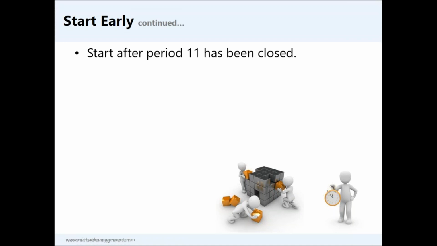So the year-end close process starts as soon as period 11 has been closed, which I assume for most of you folks is just about now. And yeah, good comment here. You're a senior SAP specialist and you never received a list from the accounting department. Exactly, because they don't really know asset accounting all that well, and they're the folks that think, well, can't be any harder than all the other modules, right? But it is. It's a lot harder in asset accounting, and it involves a lot more steps. So that's why it's important that we in asset accounting develop this plan. So your year-end close process should start right now. As soon as period 11 has been closed,